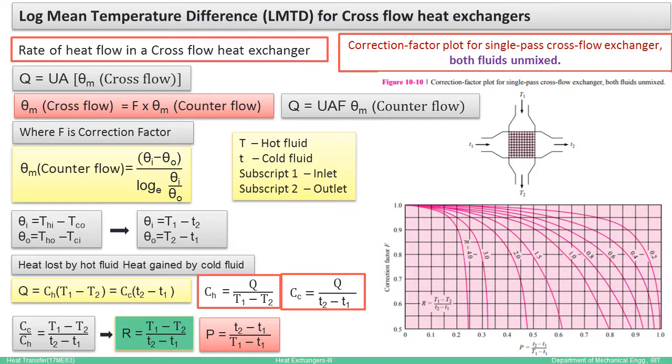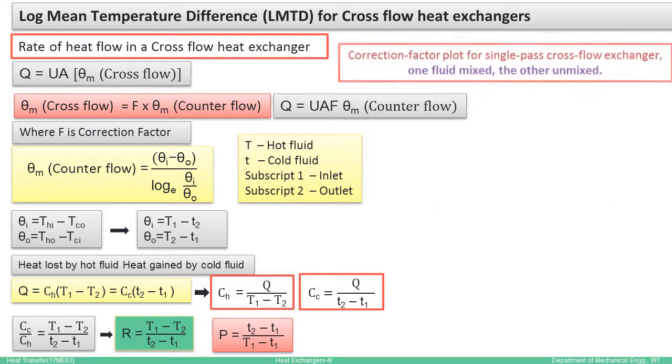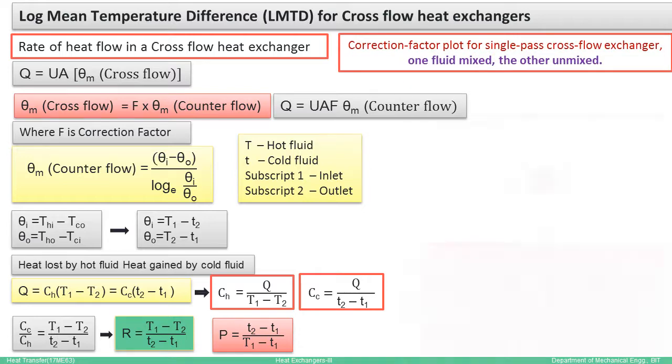So that's why, in case all the temperatures are not known, we will have to look into other options. Otherwise, getting the unknown temperature from the LMTD method is much more complex because of this temperature variation. The LMTD equation is logarithmic in nature, and we can obtain this chart for another case of single pass cross flow heat exchanger. One fluid is mixed and the other is unmixed.